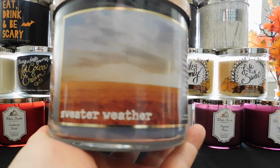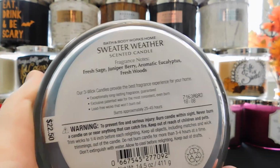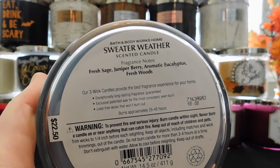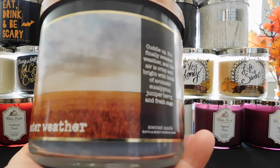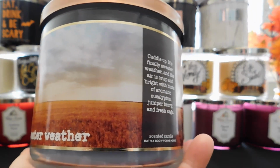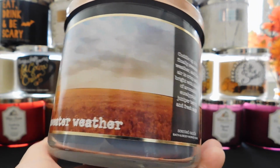And then I picked up Sweater Weather. This is an absolute favorite of mine every year. This one is fresh sage, juniper berry, aromatic eucalyptus, and fresh woods. It is such an amazing, fresh, crisp scent. Love this scent. If you know and love Sweater Weather, then you know that this is a must-have for every